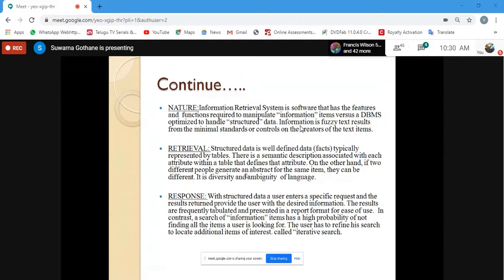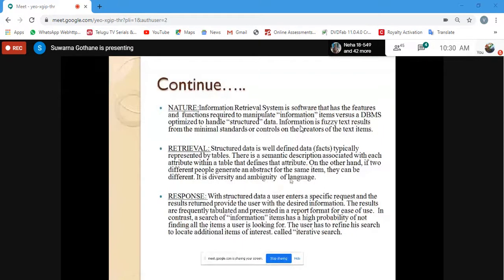The point I would like to address is that different people or different system experts, a professional team, are going to handle huge data, and a lot of people are going to be there. So their author vocabulary is going to vary. Based on the author vocabulary varying, if one person creates a particular abstract in this way, another team may perform the abstraction of the data in a different way. So there exists a diversity and ambiguity of language.